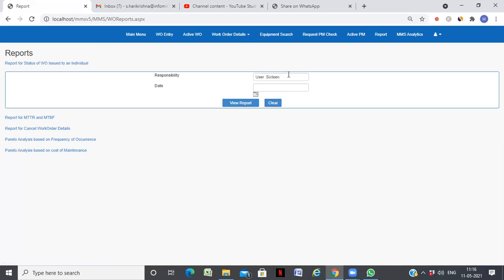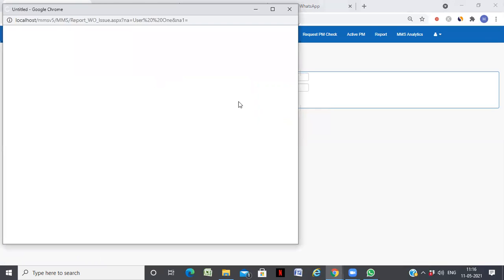If something is pending with this user, it will come up. But here there is none. Let us take this user 4. If you take user 1, right, I can see a report. What all I have assigned to a particular user and what is pending.